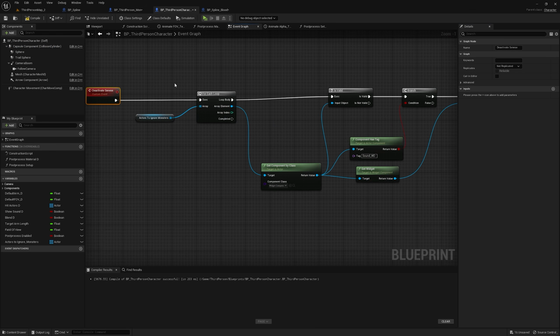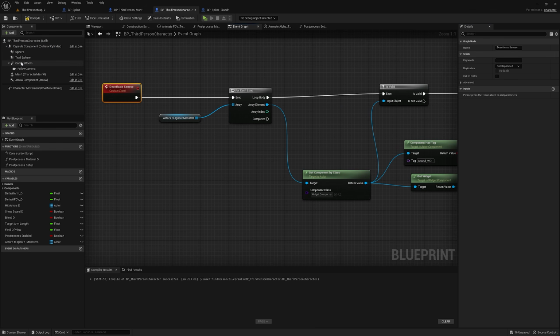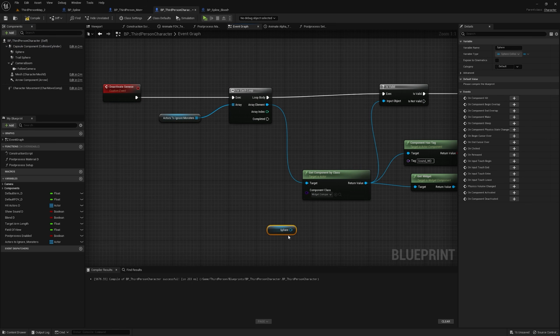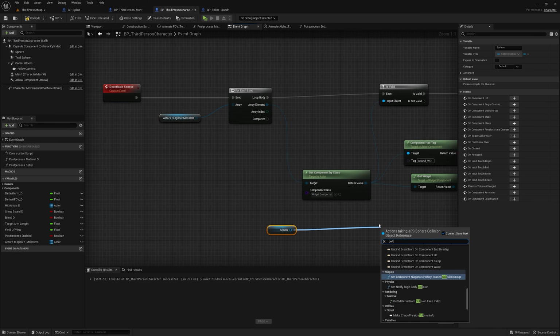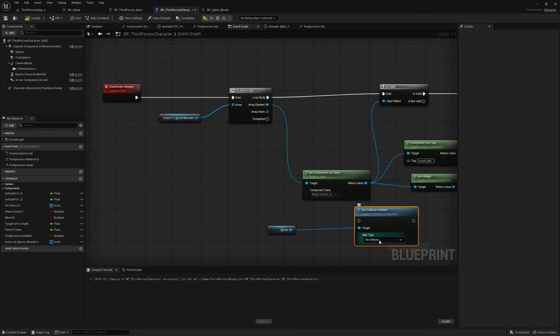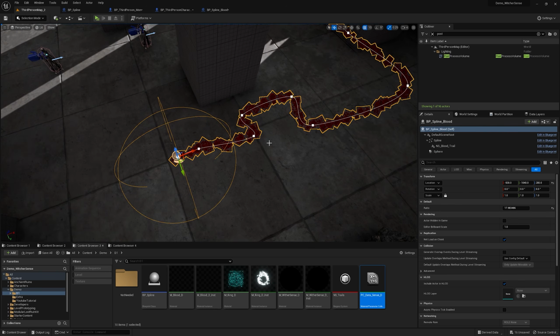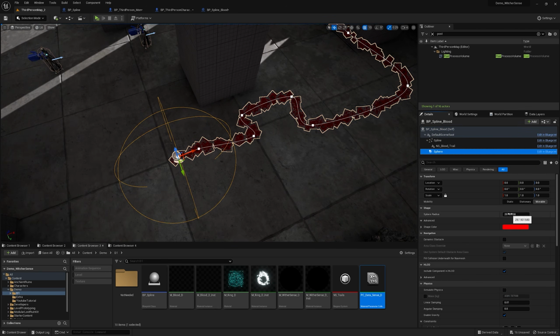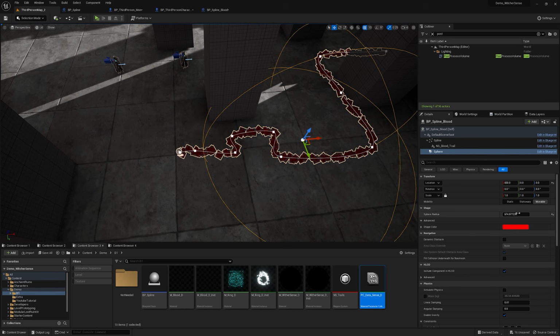So now after this loop is finished, we need to set the collision enabled to disabled, so no collision again. So after this is completed, so now if I just increase the size of the sphere like this, and I can move it here,